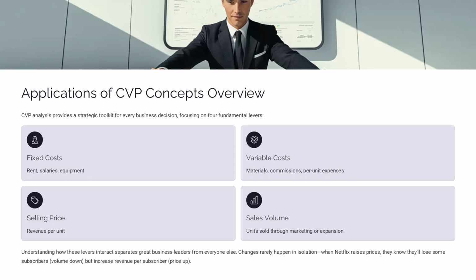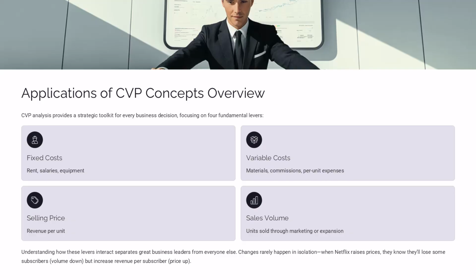The fascinating historical perspective here is that CVP analysis was actually born out of the Great Depression, when companies were desperate to understand which products to keep and which to cut, and Procter & Gamble used it to realize that soap had higher contribution margins than candles, leading them to focus on consumer products and become the giant they are